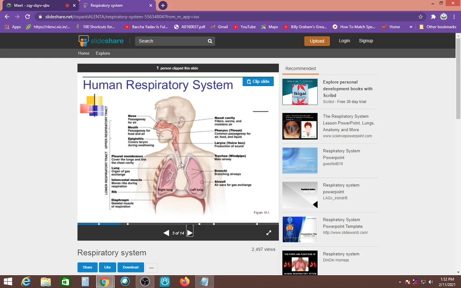And from here, the airway starts, right? This is the trachea. These are the left main bronchus and right main bronchus, and then it will divide into bronchioles. Among the bronchioles we have respiratory and terminal bronchioles, right? After that, the alveoli will come here. These are sac-like air spaces where exchange of oxygen takes place. And what is this? This is the diaphragm, right? The diaphragm is the main muscle responsible for respiration.